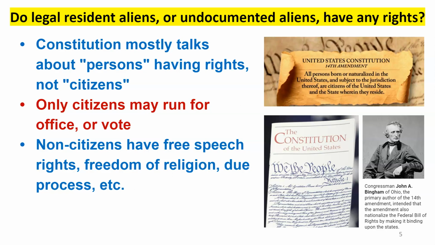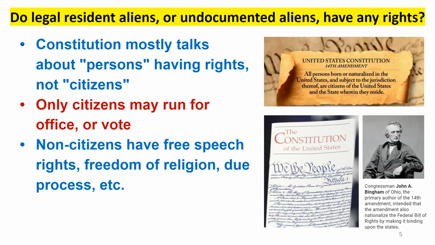Now, the Constitution. We saw this come up with the 2020 census this past year, about the idea of counting all persons. The Trump administration wanted to only count citizens. That kind of withered on the vine in the courtroom, and in the courtrooms, because the Constitution really talks about persons having